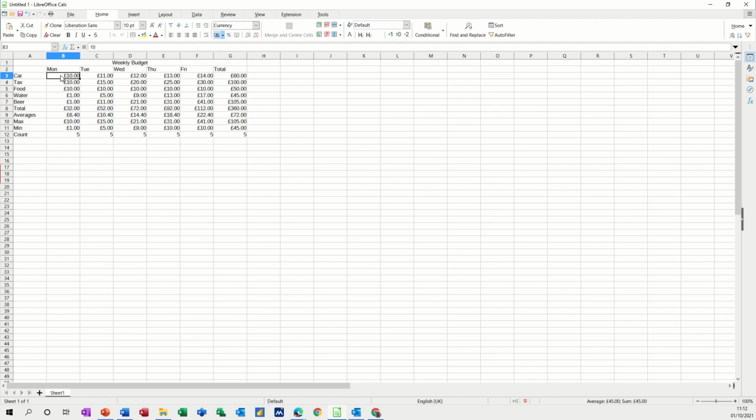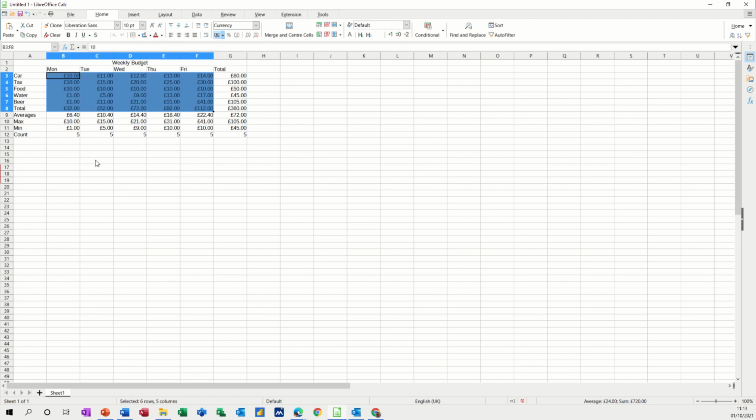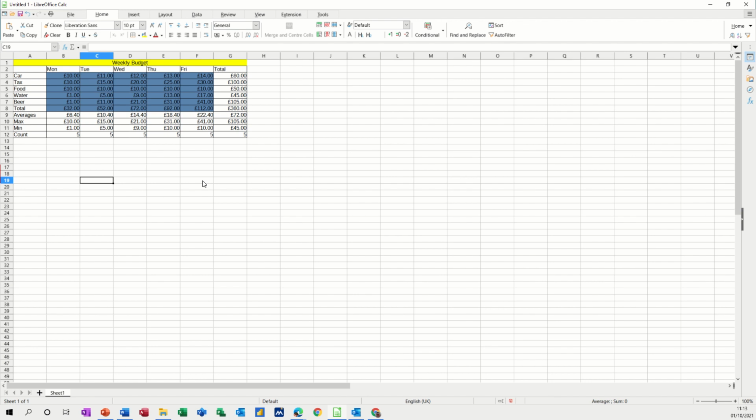Now if you want to format this in any way, you can format this area. So if I want this area to be a particular colour, let's go for a light blue colour. That's probably too dark, but there you go. And just to mess this up, I'll pick a yellow for that, and then these, I'm just going to leave these like they are. And if you want this thing gridded off, you've got a grid option there where you can select grids, because when you print this off it doesn't print these grids,